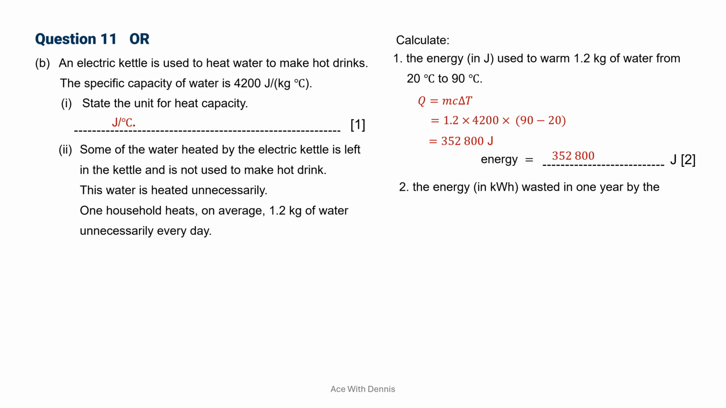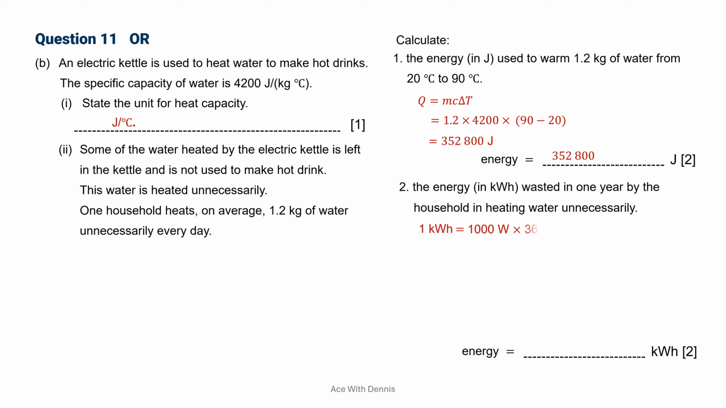Now, number 2, the energy in kilowatt hours wasted in 1 year by the household in heating water unnecessarily. 2 marks. Alright, so we want to represent the energy in a different unit, which is kilowatt hour. So 1 kilowatt hour will be how many joules? It will be 1000 watts times 3600 seconds. Remember, kilowatt hour means that 1000 watts is used in 1 hour. So converting to energy will be 1000 watts times 1 hour, which is 3600 seconds, and we will get